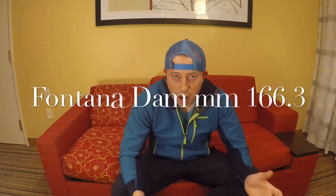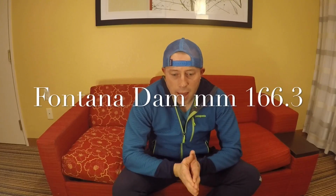Going into my next resupply, Fontana Dam, it's probably the most popular one there is on the trail. There is a general store in town in Fontana Village, but it is really expensive. So I would recommend doing a mail drop at Fontana Dam. And what I would suggest actually is to do your resupply in Franklin. By that time you would have about 110 miles under your belt, you'll start to get an understanding of what's working, what's not, and some of your tastes will change by then. So I would probably wait until you get into Franklin to decide what you want to do for a resupply at Fontana Dam,